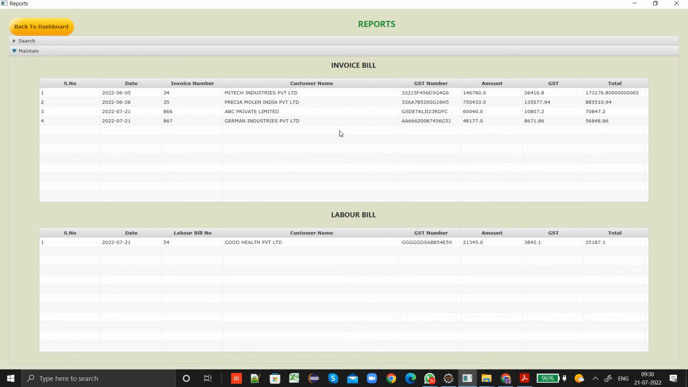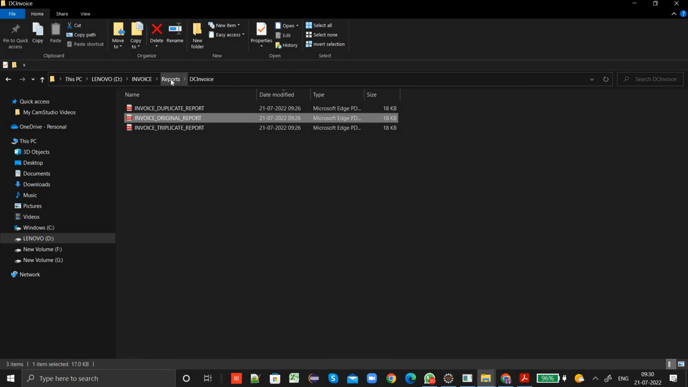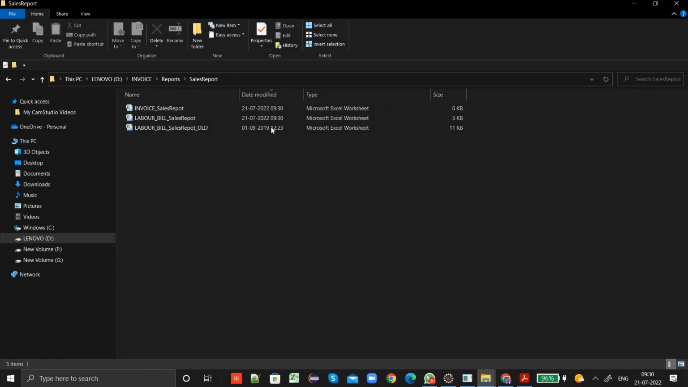Whatever you are seeing in the screen, for this screen, in the back end, the corresponding Excel sheet, all this information is captured into Excel sheet and kept in one place. You can copy that Excel sheet here. Inside reports you have sales report. Again in sales report you have invoice sales and labor sales. Like this Excel sheets will get generated. If you look at this one,